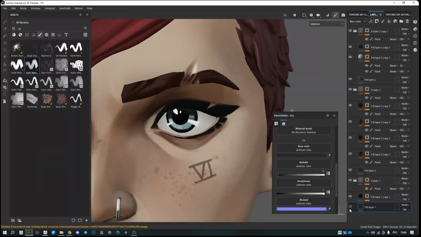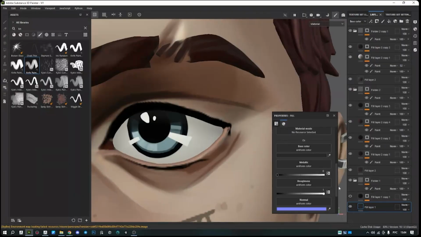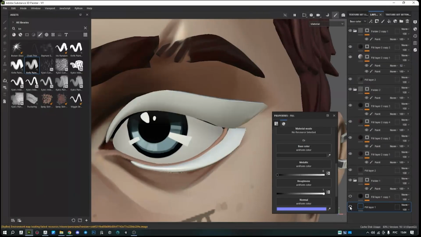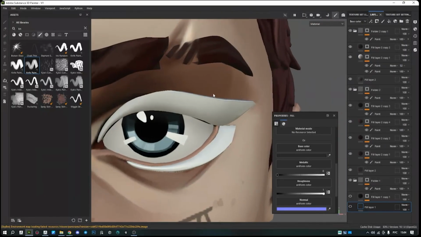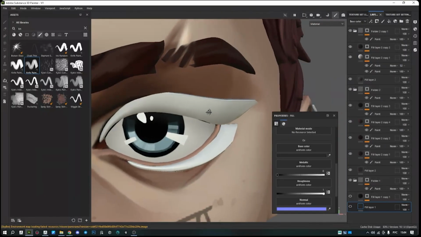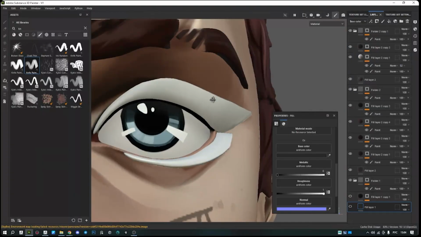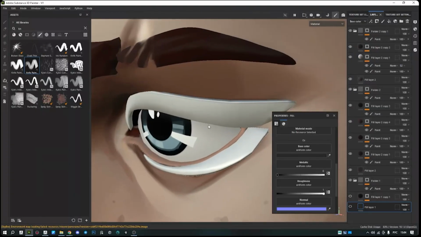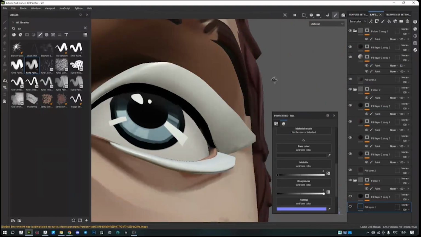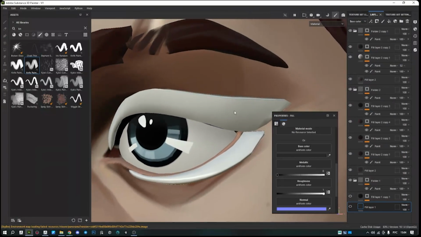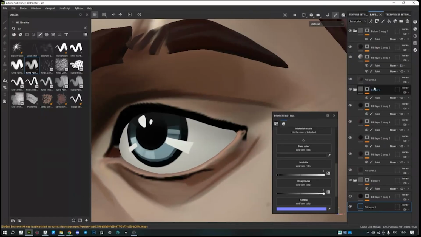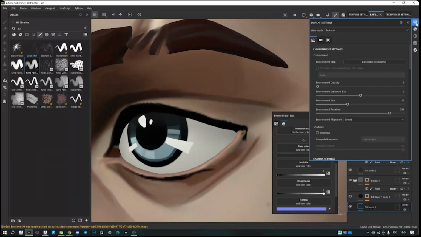Let me just see. This is the layer with transparency, because actually I sculpted these lashes like this, without this space, because I decided not to suffer too much with sculpting it. So I just thought, I will just use the opacity. So I created a fill layer, and you also need to be able to use opacity. You need to